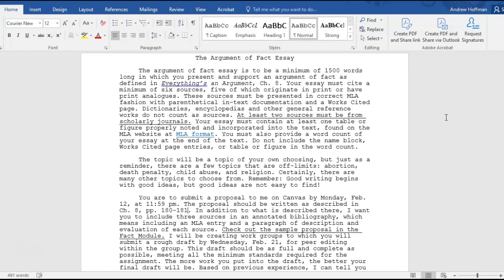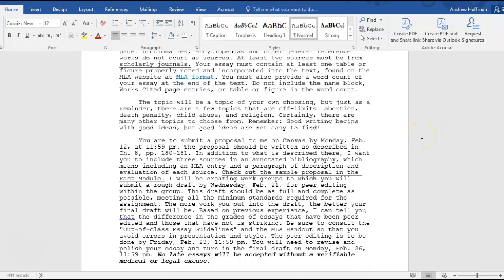For peer editing. In other words, you're going to submit the draft to me, and then you're going to also submit it to your group. So you actually have to submit the rough draft twice. Now, this is all electronic, so it shouldn't be a big deal. I will describe step by step how we do that in a later announcement that you'll be receiving. Okay, so you won't be cast out into the wind with this.